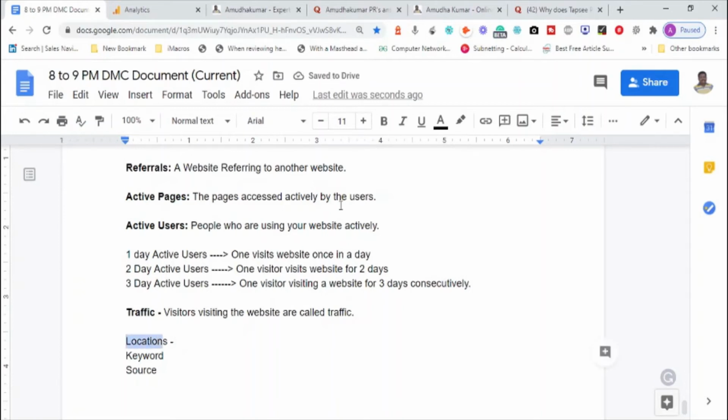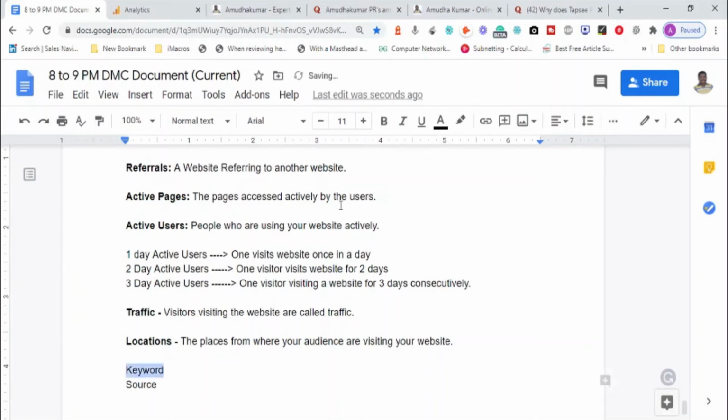Okay, locations, obviously the places from where your visitors or audience are visiting your website. It's called location. Basically, it is like country, state, okay, metropolitan city, and all that stuff. Keyword.